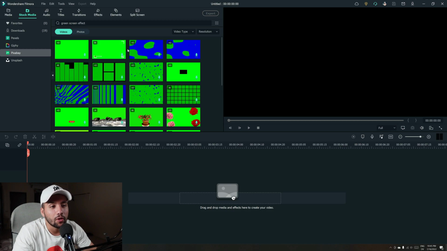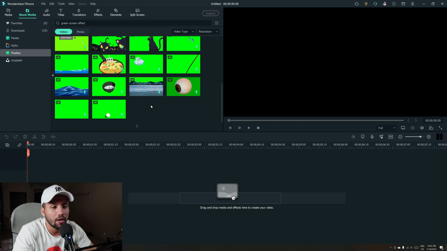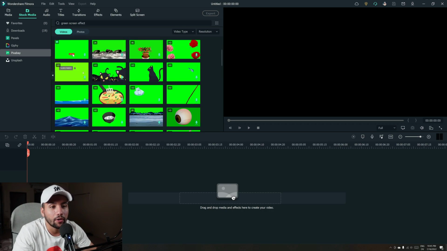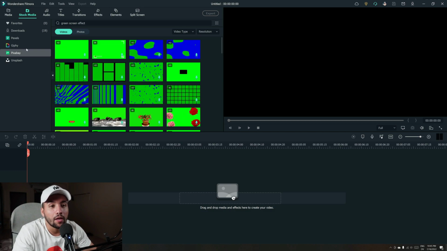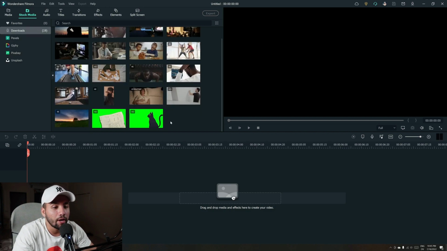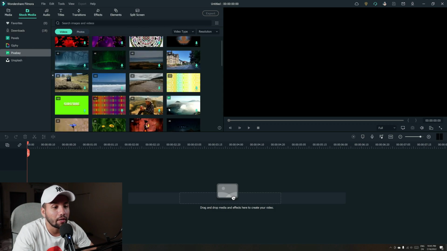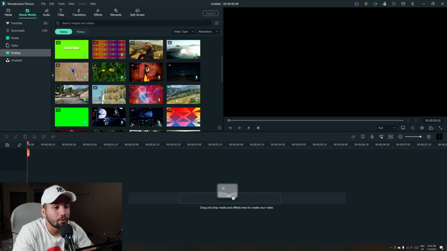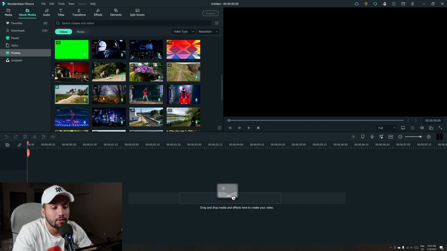We have this camera effect right here. You have these cats, and you have a lot of effects. You can just search and choose whichever one you like. Okay, you have the subscribe one. I have already downloaded some of them. I have the cat effect and I have this one. So let's say I want to have this one with, let's just choose any video, probably this one. Let's download it right here and then add it to our timeline.